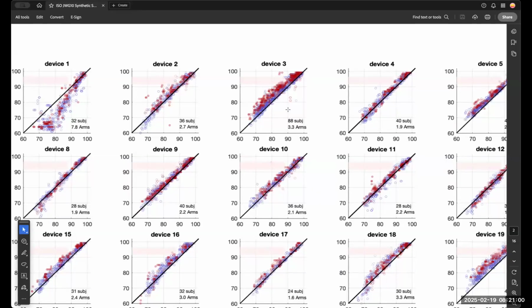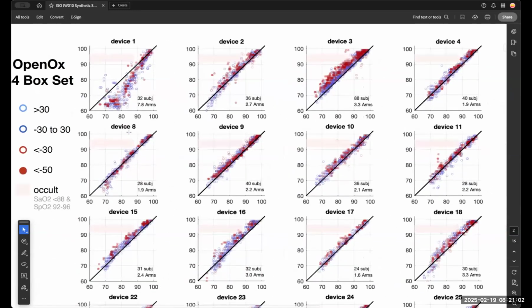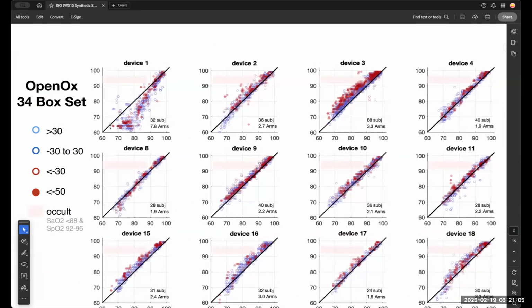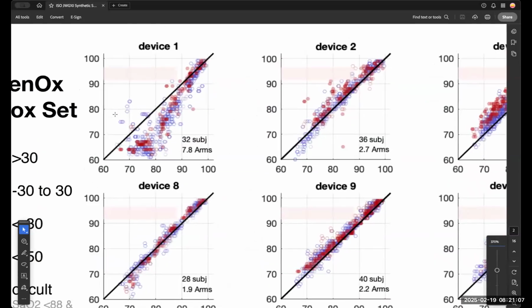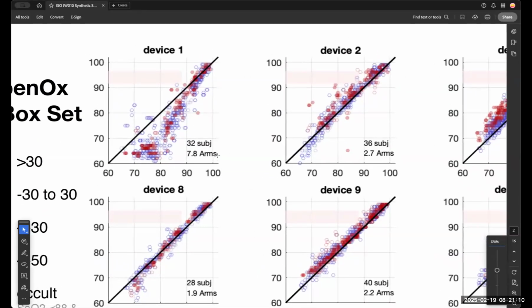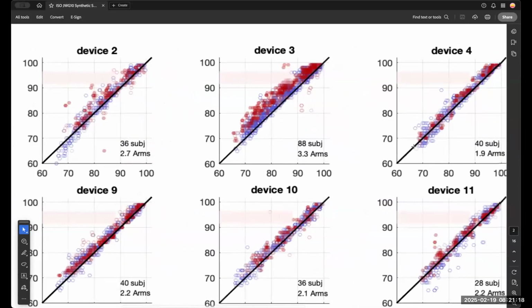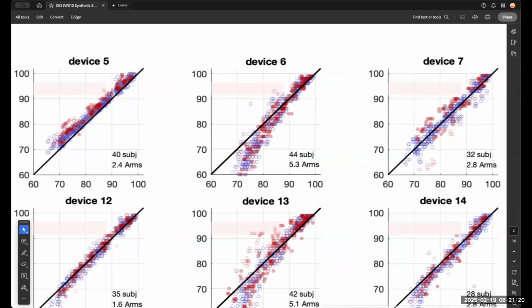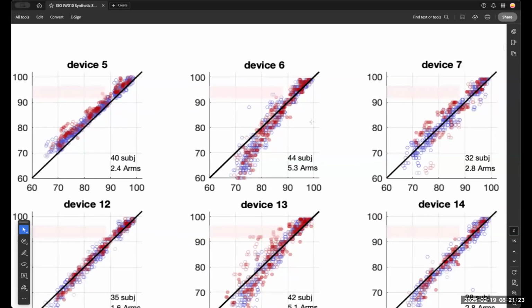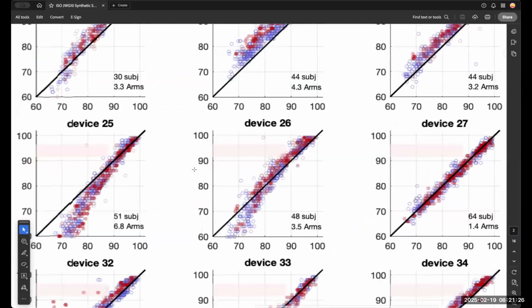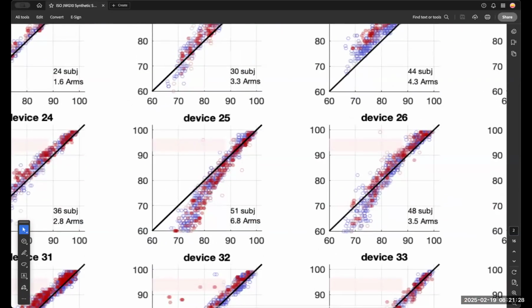Thirdly, we can see that some devices struggle with low-end saturations. This may be true in both darker and lighter skin subjects. So we can see this here in device 1, which was a low performing device with a high ARMS, and which falls off near the end of the saturation. We can see it in device 6, which was performing well and then struggled in the low ends, or for instance, in device 25, which had a similar thing. And you can see that just visually, there didn't seem to be a lot of distinction between skin tone in these troublesome areas.